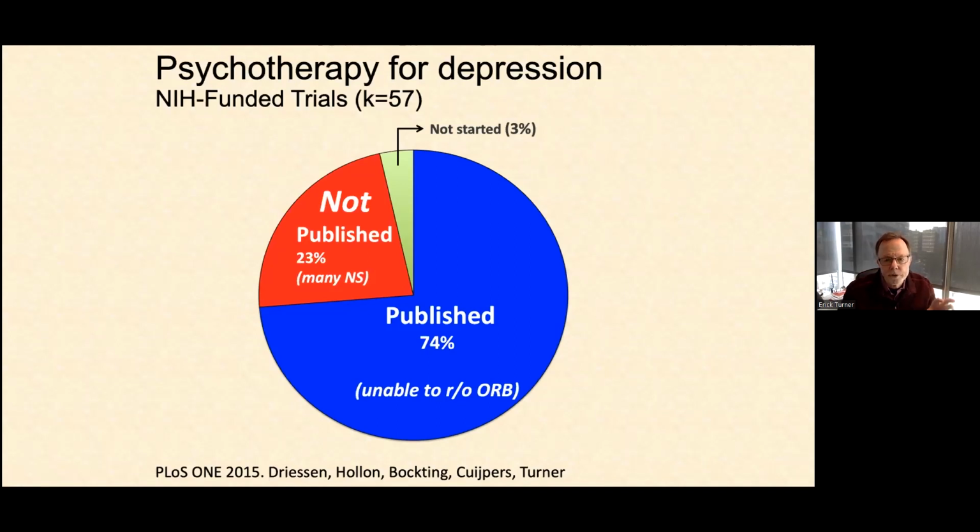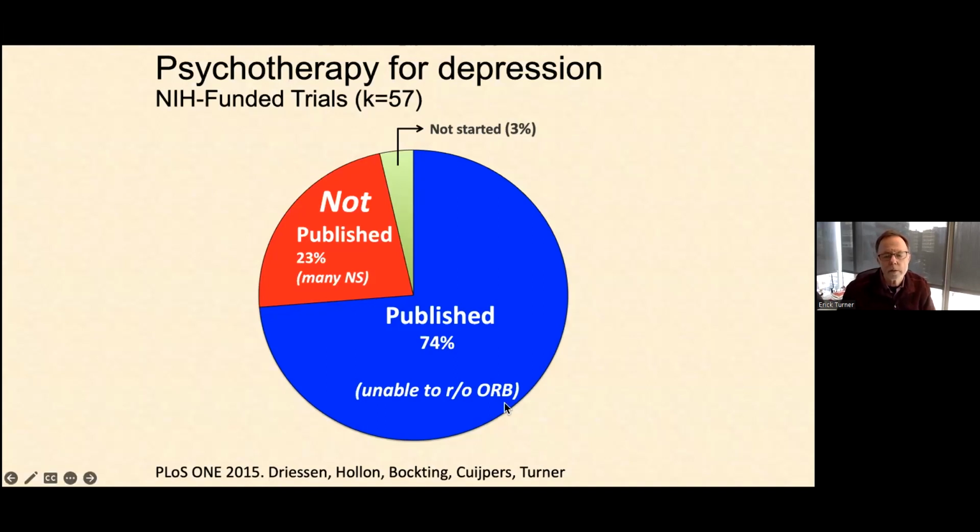And what we did is we used what's called an inception cohort, trying to identify trials at their inception, which is basically what we had done with the antidepressants. By having access to the FDA data, we had information about studies from the time of inception. In this case, with psychotherapy studies, there is no FDA, of course, but there are grants. So we used an NIH grants database called Reporter to identify all the studies that had been done.